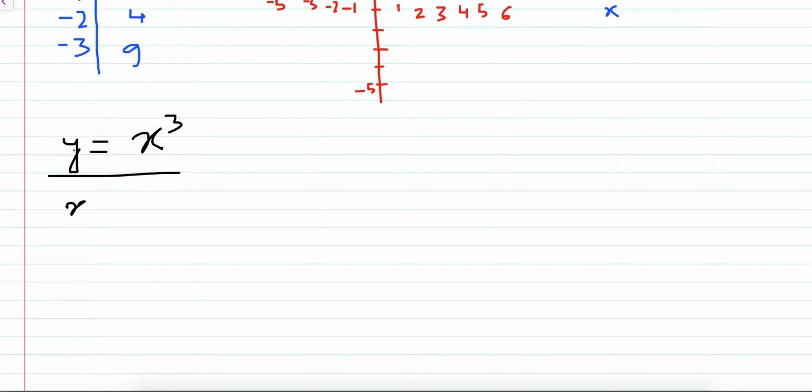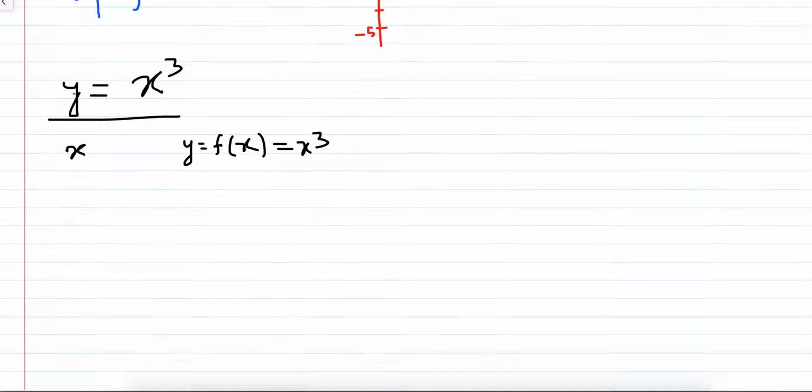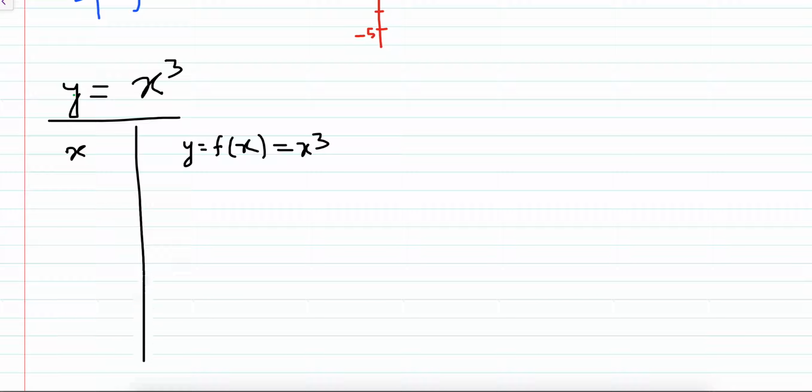So here we have x and here we have y, which is equal to f(x), and f(x) is equal to x cube. So we will form the table, take some values. So 0, the cube of 0 is 0, 1, 1, 2,